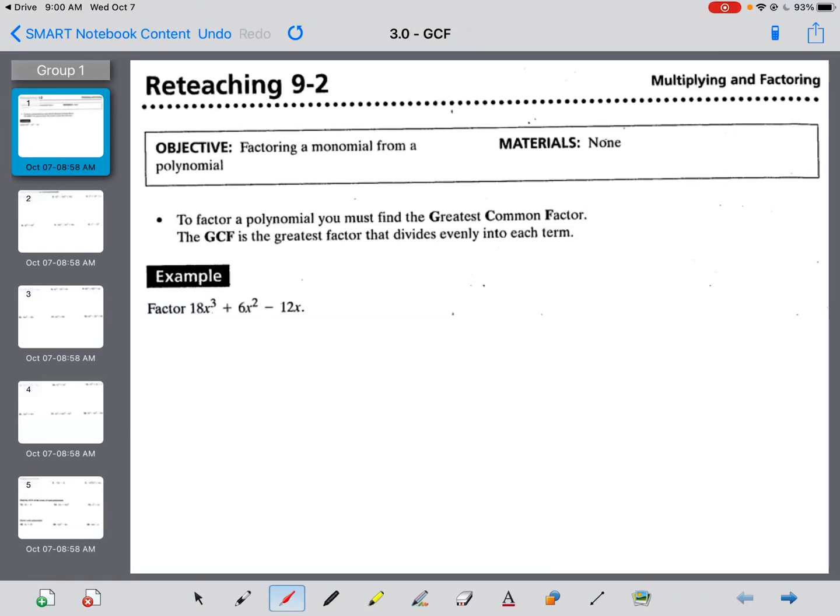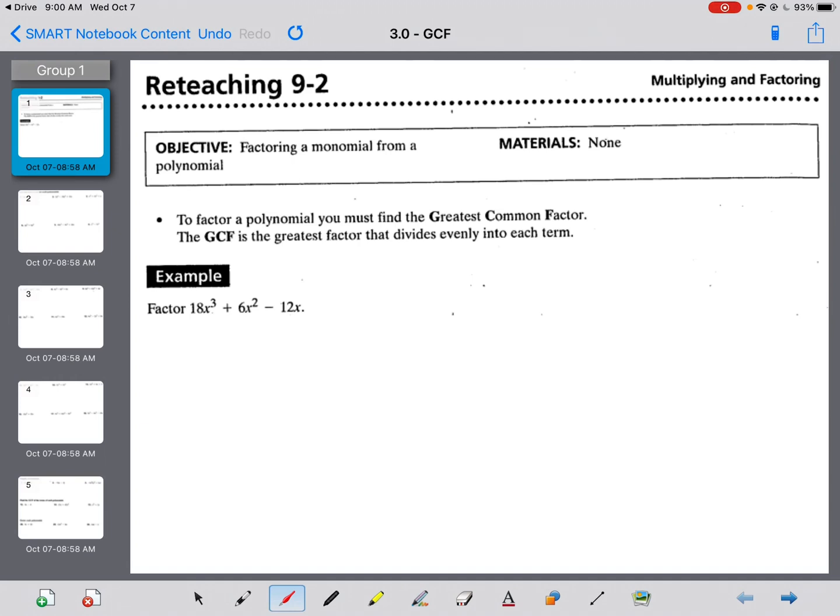All right, we're going to review the idea of the greatest common factor, or the GCF. The greatest common factor is the greatest thing, the biggest thing, that each piece of the expression has inside it, that multiplied to be it. So if we have 18x to the third plus 6x squared minus 12x, we need to, in our mind,